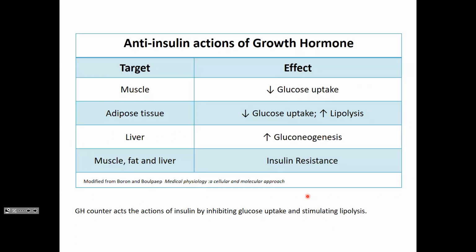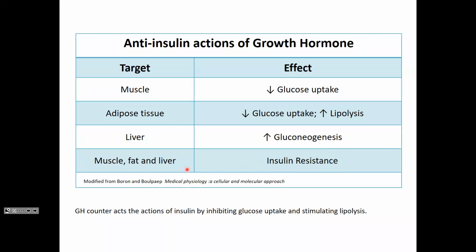The other thing to know about growth hormone is that it has an anti-insulin effect. In muscle, it decreases glucose uptake, whereas insulin stimulates glucose uptake. In adipose tissue, it decreases glucose uptake and increases lipolysis, whereas insulin decreases lipolysis. In the liver, it stimulates gluconeogenesis, whereas insulin inhibits gluconeogenesis and stimulates the storage